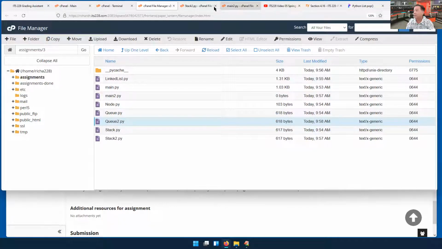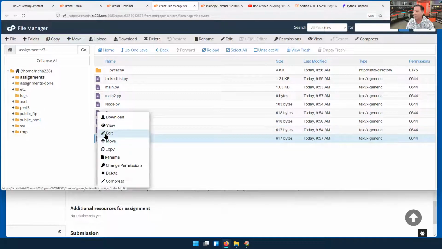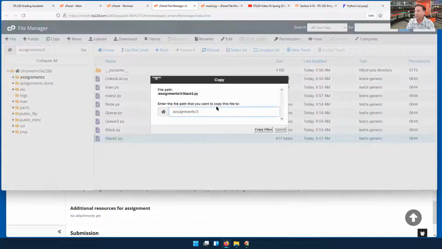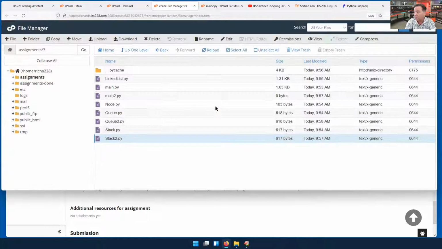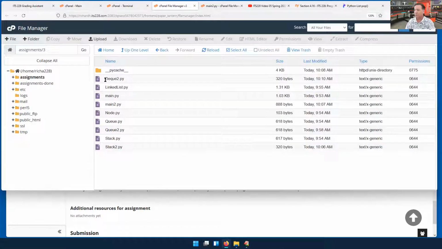I'm just going to start with stack 2. I'm going to make a copy of stack 2 and call it deck2.py. Now in deck2.py,